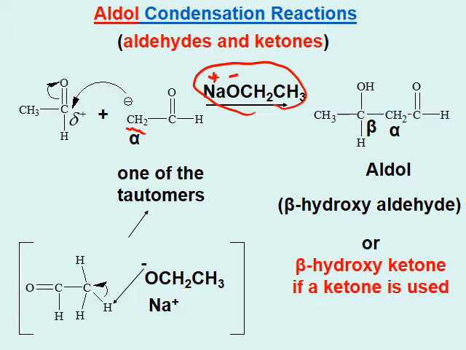So these two CH3, and then you have C double bond O H. Now these are, let me highlight this with blue. These are acidic hydrogen, and sodium ethoxide is going to take up that hydrogen,